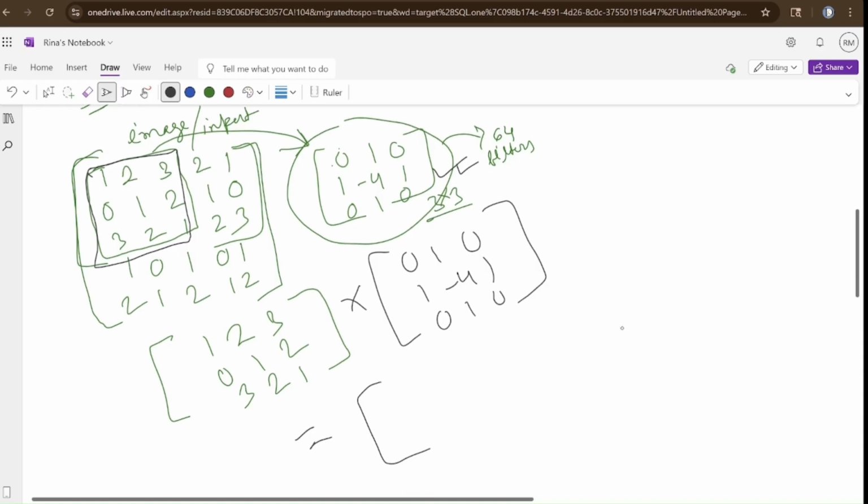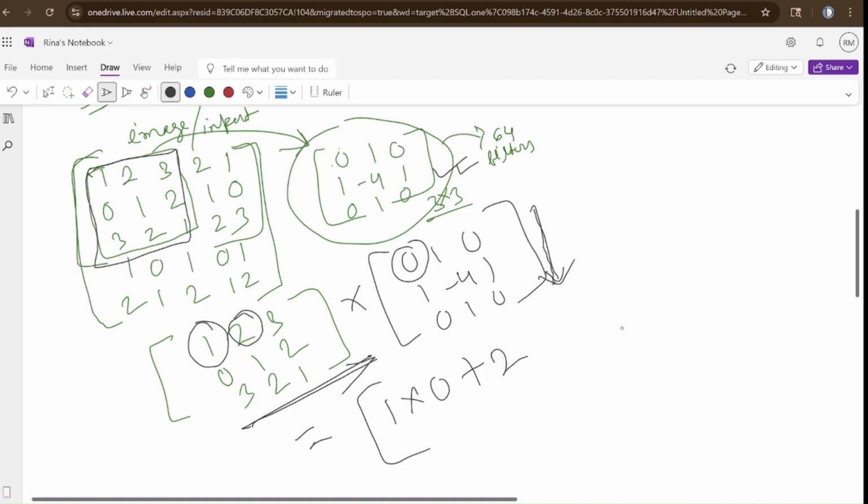You know how to do matrix multiplication? This way, this way. Then you will never get confused. Right? So I am taking 1 into 0. So 1 into 0 plus, I said this way, so you have to take this one, 2. But here I have said in this way, so you have to take this one into 1. Now 3 into 0,